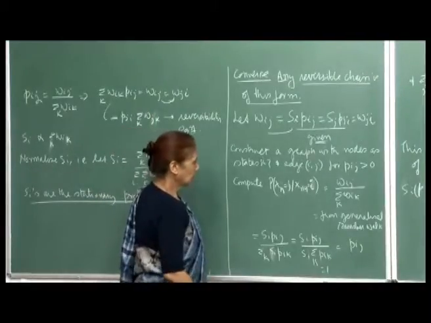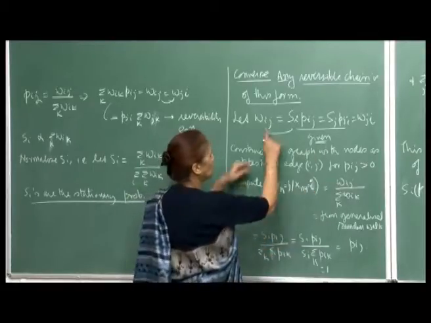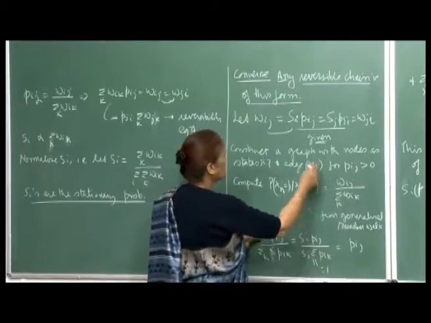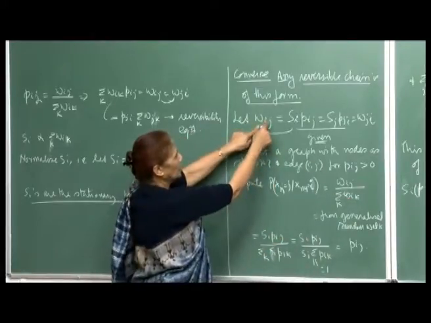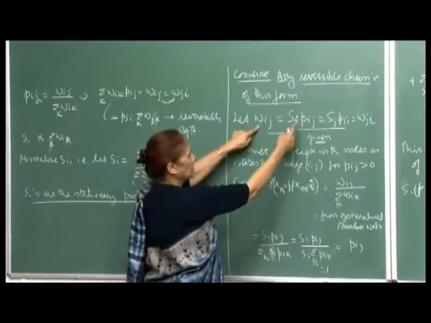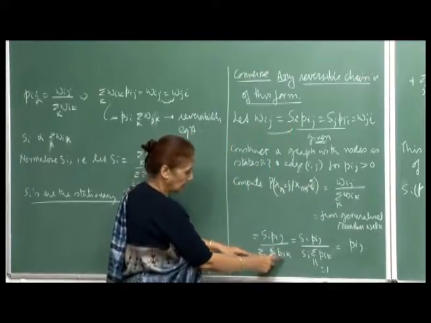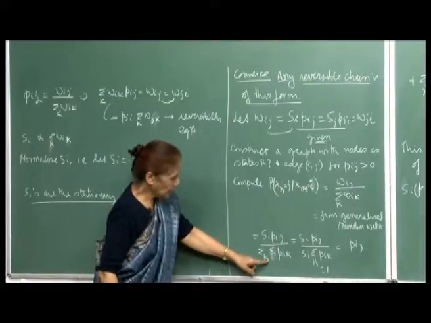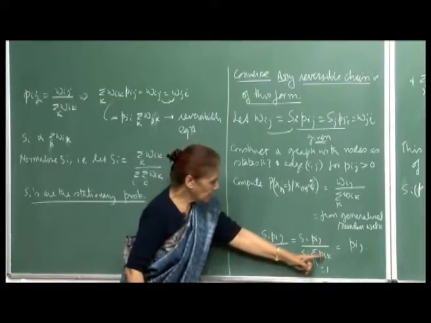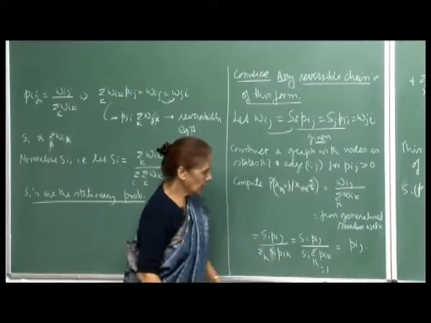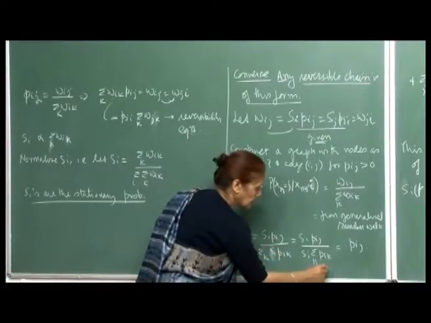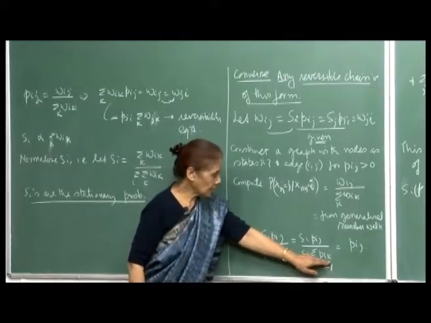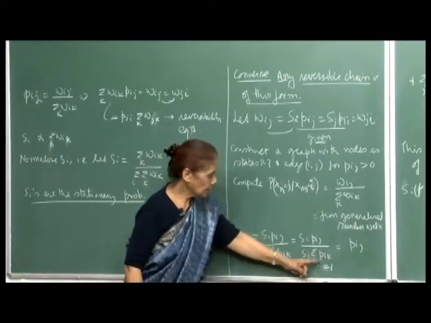Now, let us substitute for Wij from here, this is Si Pij, and then the summation with respect to k, which is a dummy variable, so it does not matter. So, you are summing up Si Pik with respect to k. Since i is independent of k, Si comes out and sigma Pik with respect to k is equal to 1. Remember, it is a transition matrix and you are summing up the components of a row. So, therefore, this is equal to 1.